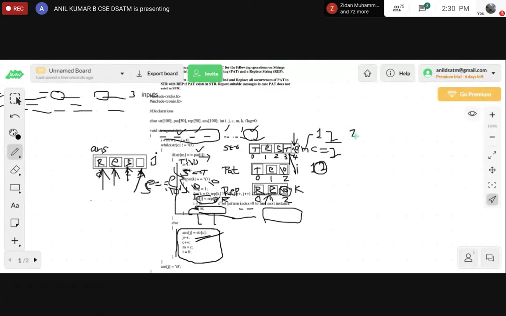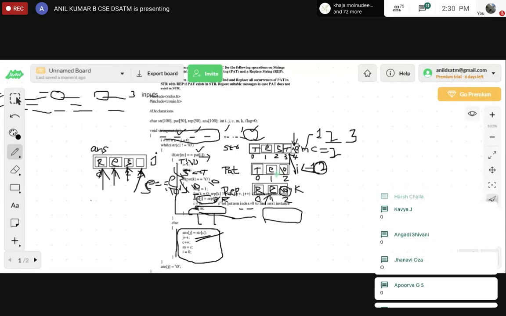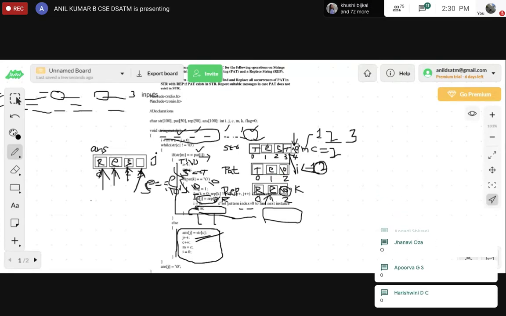So M also becomes 3. Again I becomes what? 0. Again the I value will become 0, since we have to check with the entire string pattern, not the single character. Okay, make sure.